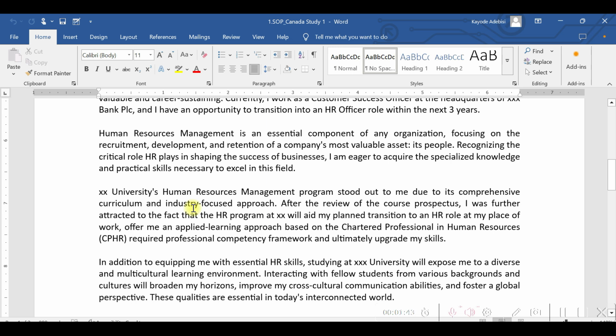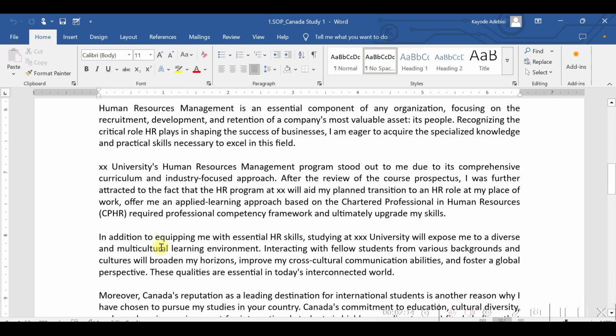Then she proceeded to providing basic information around what the school offers, like the program itself. What do they offer? Like, what's our interest? Like, what is our passion in choosing that particular program? Then she also mentioned how the program would aid our transition. She's into marketing, but she wants to transition into an HR role upon completion of her study. So she's already putting in the ties of how and why she would come back after study.